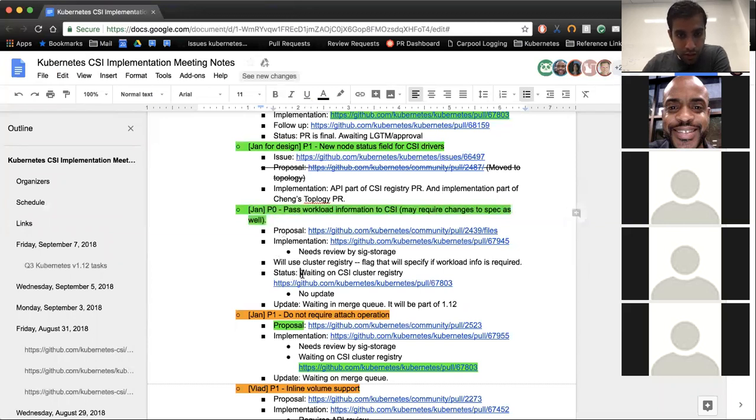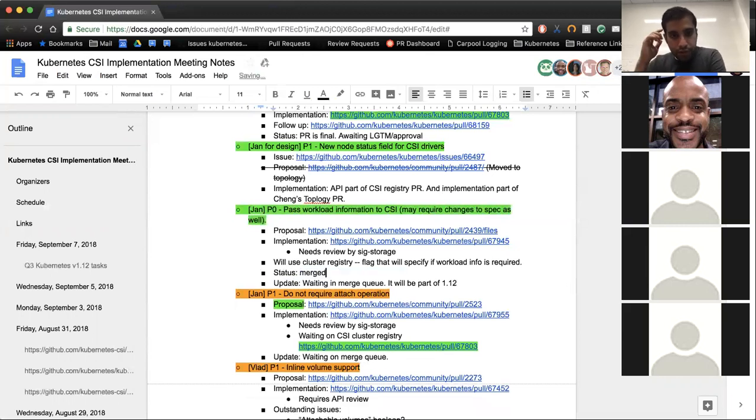So this is something other than the handle? It's different from the handle. It's the name of the volume as specified in the pod. So in the pod, when you define a volume, you can give it a name. Okay, in the pod itself. And so he wanted to be able to get that name to be able to differentiate.